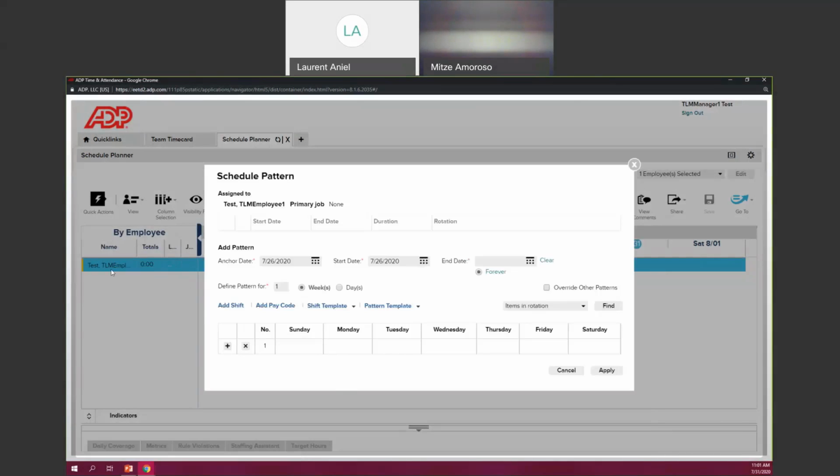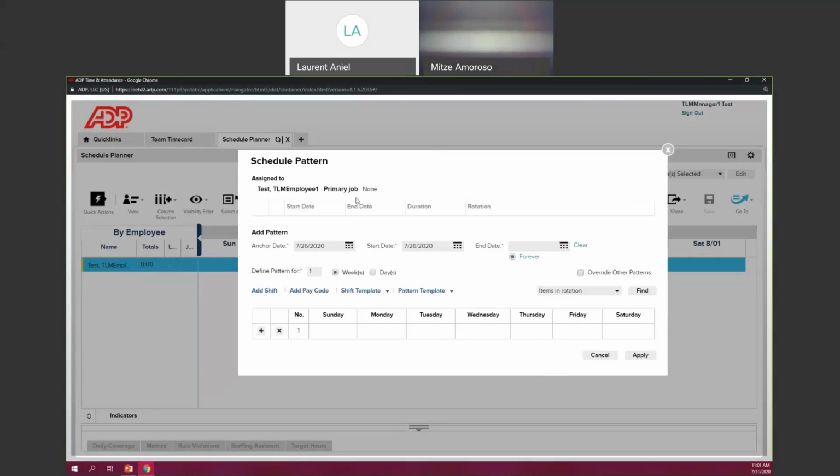So what I did simply was right-click it, select the schedule pattern, and now you can see that I can come in here and create that new template right here. My key feature right here is that when I add a pattern, my anchor date, what is week 1? Can I set it in the past? Yes. I could go backwards in time and set it in the past, but for simplicity's sake,